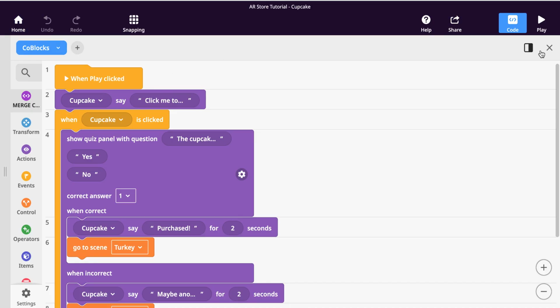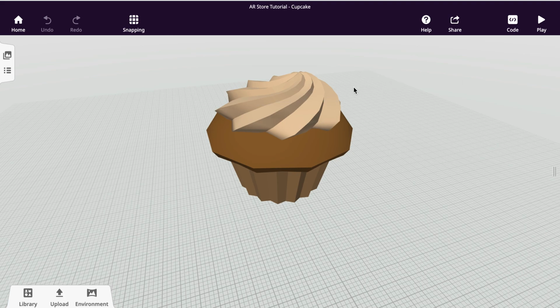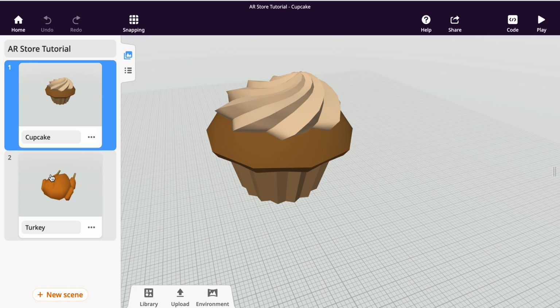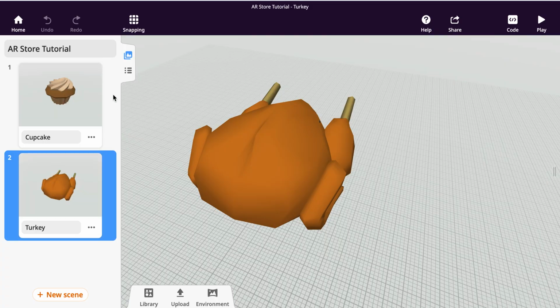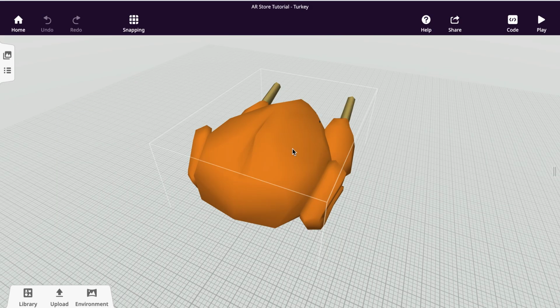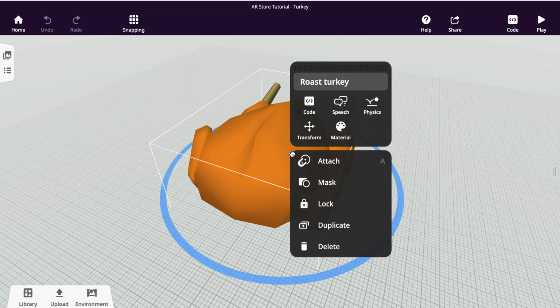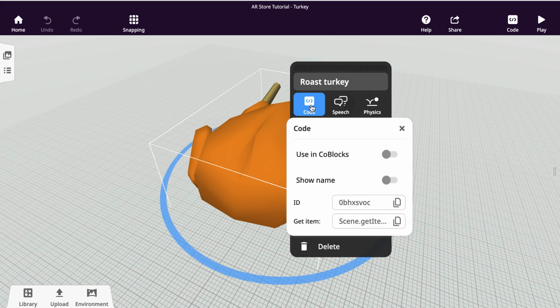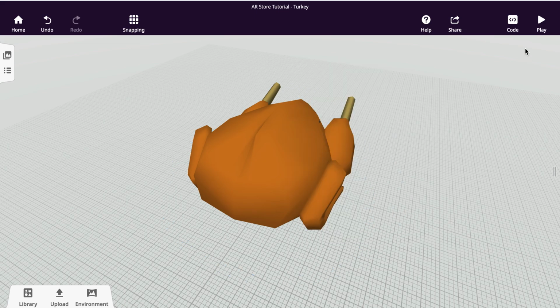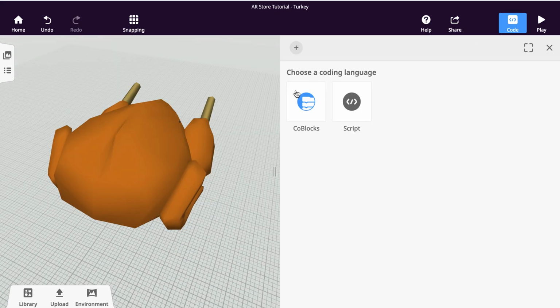So let's finish up coding the turkey scene. So this cupcake scene is good to go. We're going to move on to the turkey scene. Remember, we need to double click on the turkey, select code, and use in CoBlocks. If we don't do this, the turkey won't come up in this code section. So make sure you turn this on. Then I'm going to open my coding window,